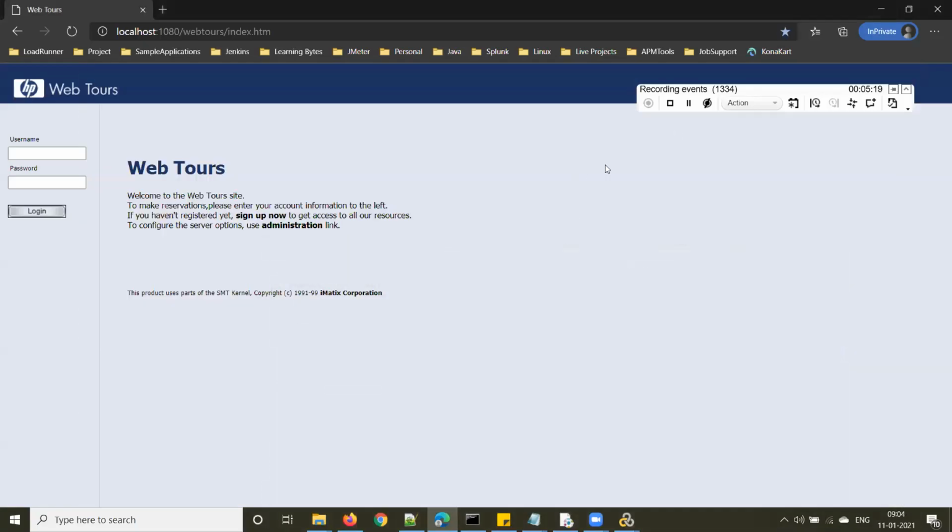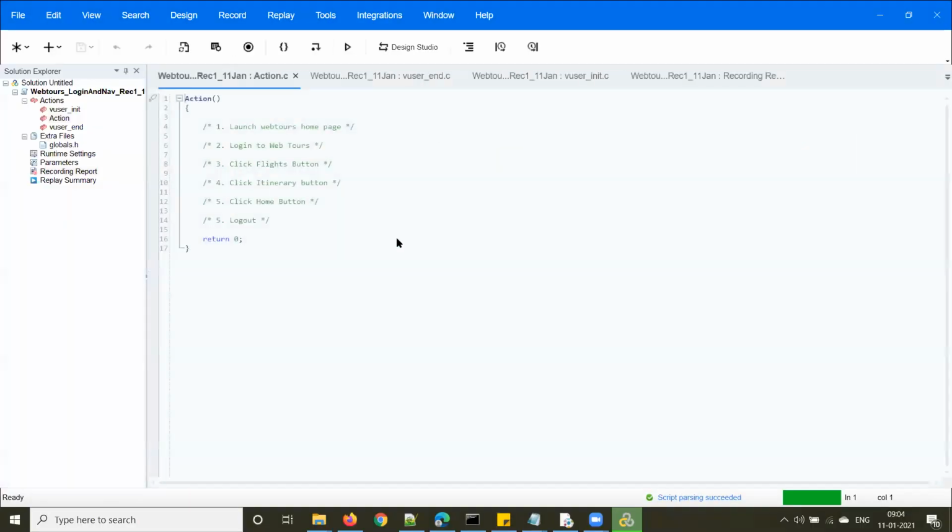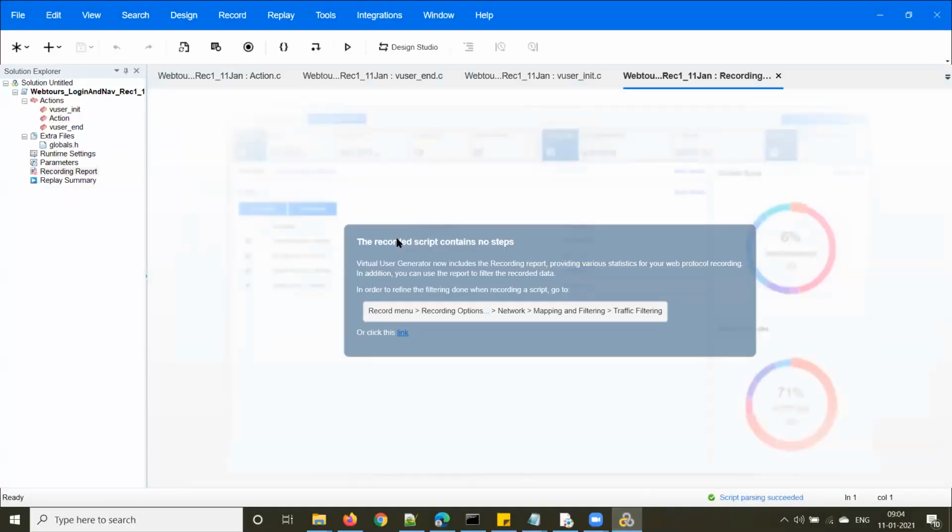Right. Now I am stopping the recording. This is the button to stop recording. This square button. Once you stop recording, it has created a script. Okay. Seems like nothing got recorded. I'll click this link. See here, the recorded script contains no steps.